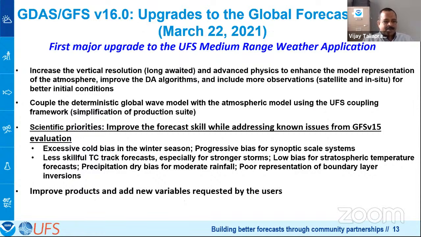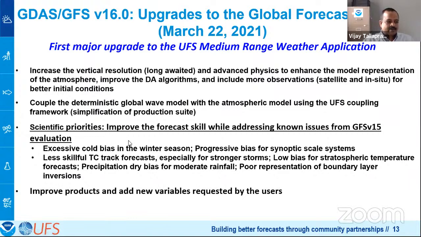Similar advancements are happening because we share the same atmospheric model between the GEFS, the subseasonal system, as well as the medium range weather application. This is important so that we make cautious advancements to both the systems that cater to all global applications. As Avichal described, the P6 is actually using the latest GFS version 16